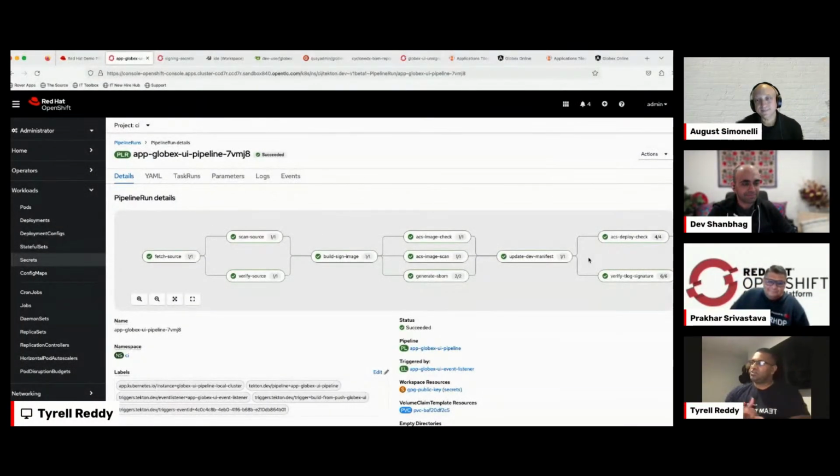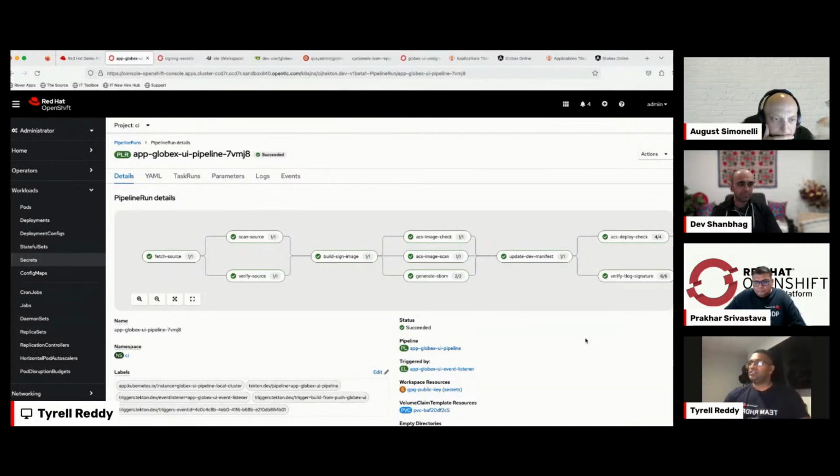There we go. For our software supply chain, we're using OpenShift Pipelines. It looks very complex, but it's very simple in terms of what it does. As Prakar mentioned, we have an application called Cool Store, made up of other small applications, so it is a microservice architecture. This pipeline builds the front end of our application. It's Angular source code which is built with a builder, a container image is created, and it is then deployed to an OpenShift cluster.